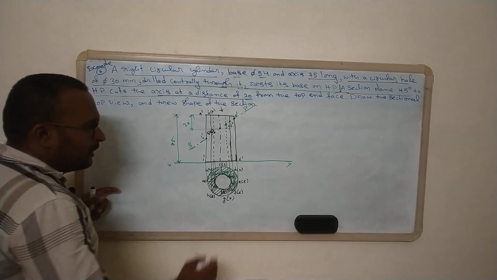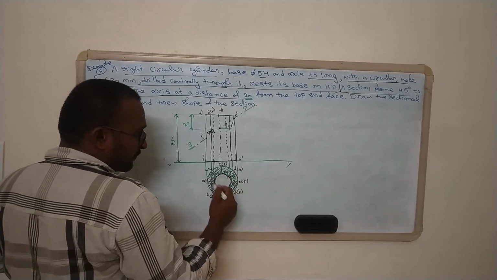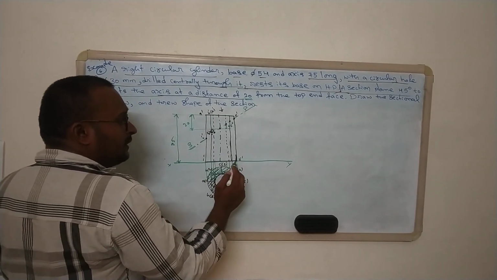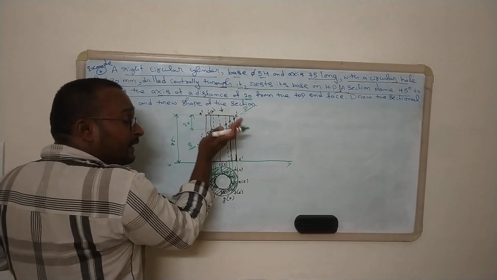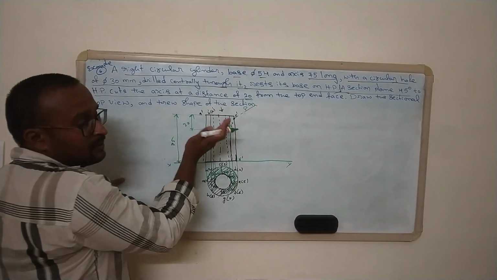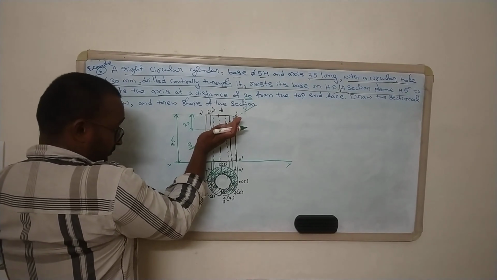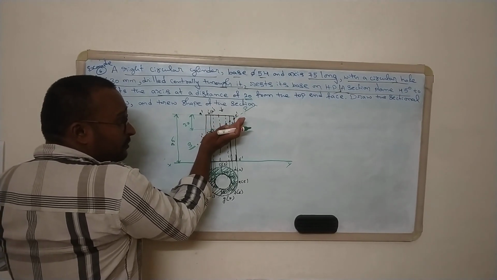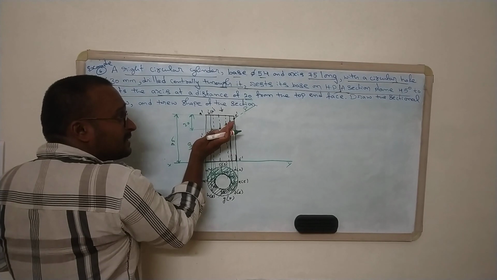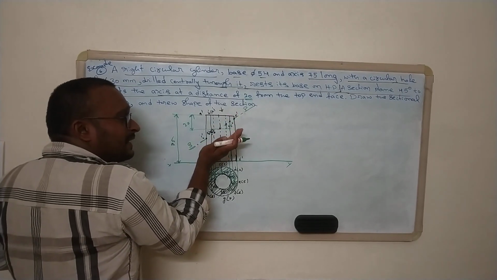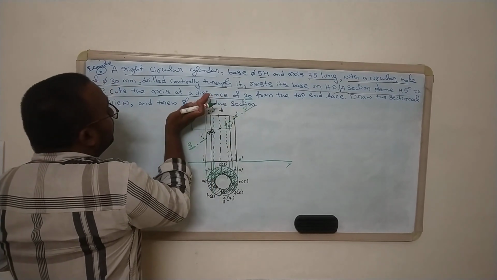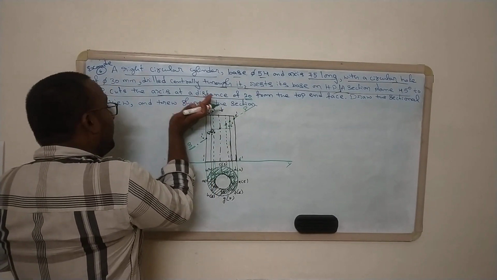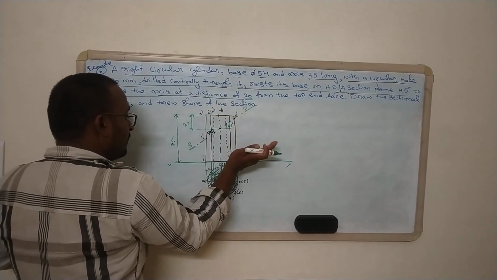But what we require, this is not an exact shape. If you want to create an exact shape, we need to go for the auxiliary views. For getting the auxiliary views, we must place one more XY reference line, which is parallel to the section plane, either this way or this way.